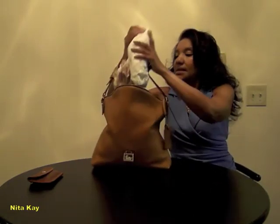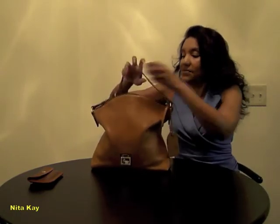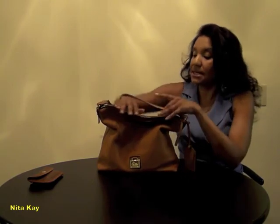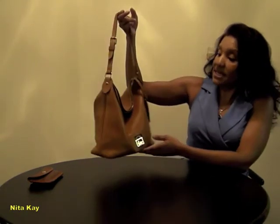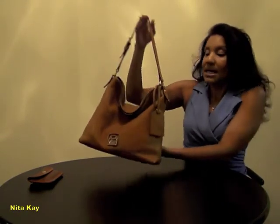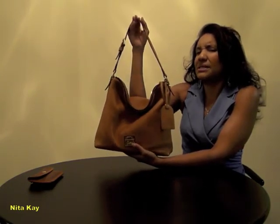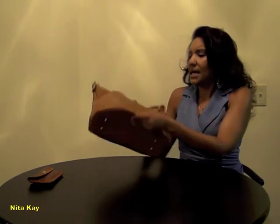Stuffing out. So you can kind of get the real gist of how it hangs, because it's a very soft leather bag. The Portofino leather, which they keep changing the name of their leathers. I'm wondering, is it the same leather and they're just changing the names? But anyway, this is very soft, not too heavy. It's supposed to hang like this, like a little slouchy hobo. And it's built like a shoulder bag. It's not really built like a crossbody, but they market it as a crossbody. But I wear it as a shoulder bag, and it has nice substantial feet on the bottom,